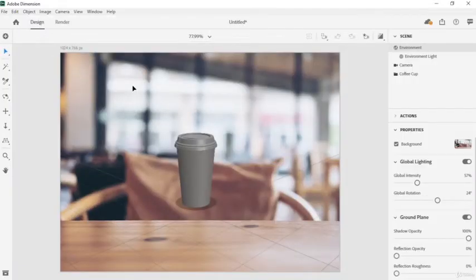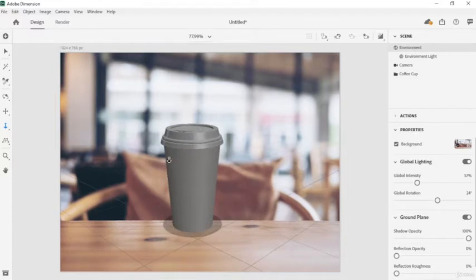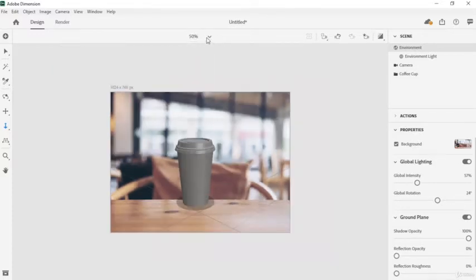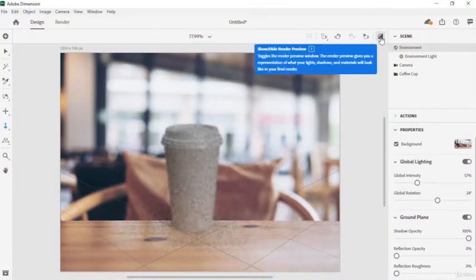After this, our design mode. On the left side you will see a toolbar. By using this toolbar you can create your design or you can create your scene. Then our canvas comes. You can make your design here and you can move your models and adjust your models and build your scene. Then the size of this canvas is given on the top. And there are many camera modes and you have been given render preview here.